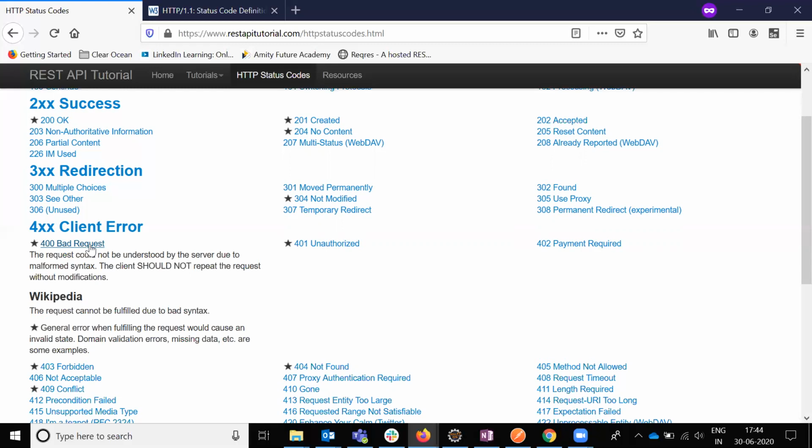Or at POST time, meaning creation time, or updating time, or PATCH or PUT, at any moment you are using a payload in the request body, there is a field element, and you are not passing that element, then it will show the bad request: data or request body is not valid. Those kinds of error messages you will get whenever a particular value is missing. Okay, 400 you will get.